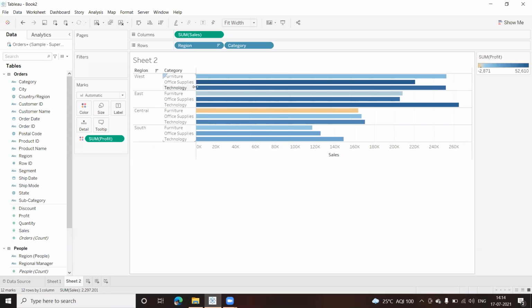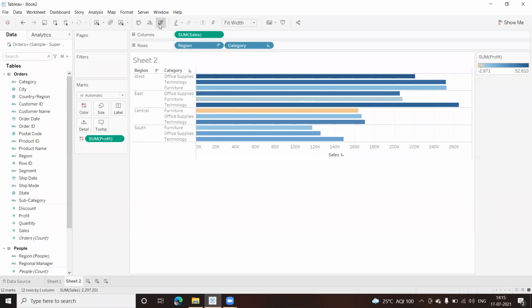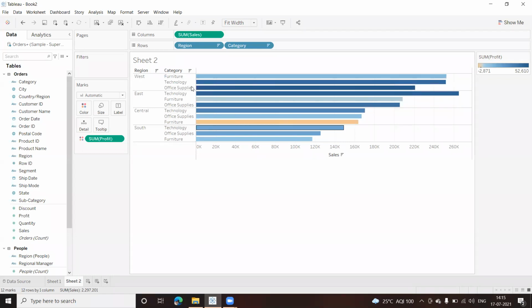So region wise, I have this category, subcategory, and you can see my furnitures and all. If you want to change the column and the width because it is not looking good, you can decide how to divide this. If you want to get category and subcategory again, you can do that as well. And if you want to sort this, you can see it getting sorted as per the values.